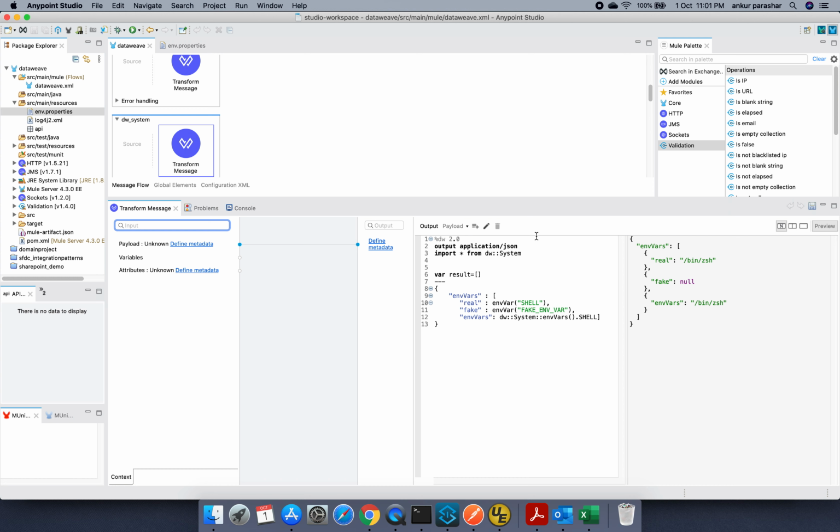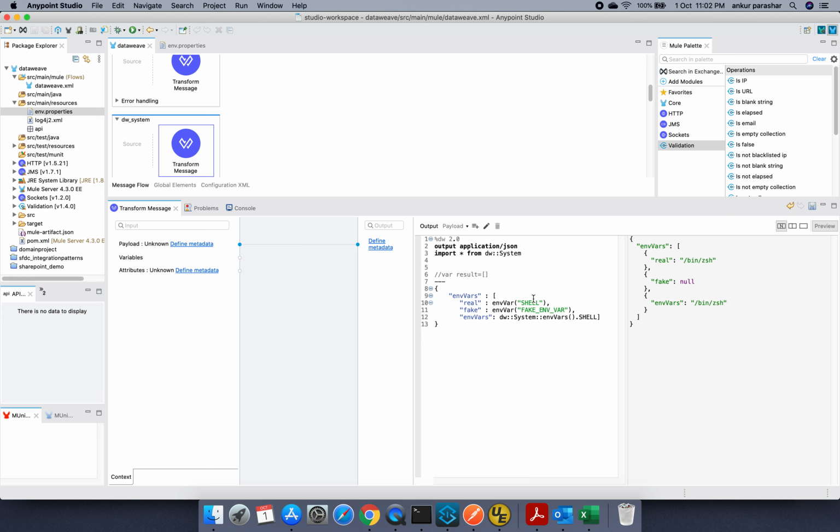To start with the environment variables being referred to using this DW system, you have to import this class first, and after that there is a declaration of a variable result, which is an empty array. This is being used for some other purpose, so maybe we can ignore this as well. I was using it somewhere else, so I'm just marking it as commented.